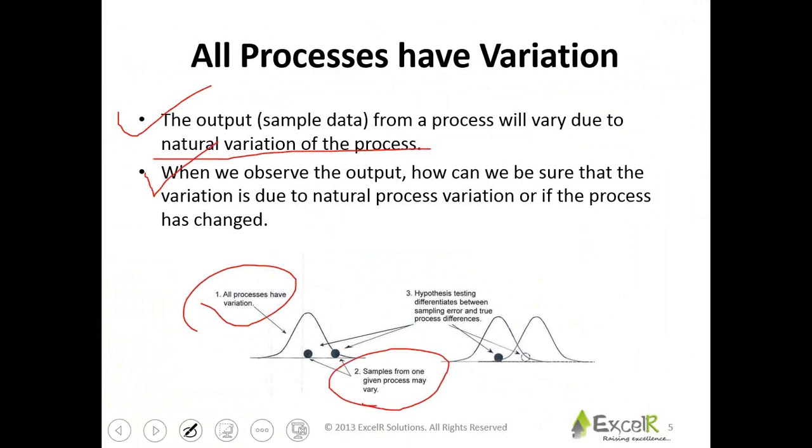Samples from a process may vary. So when you look into the sample, one point you might get here, another might be here, and so on and so forth. So hypothesis testing differentiates between sampling error and true process differences. So if you're making some error while picking up the samples,